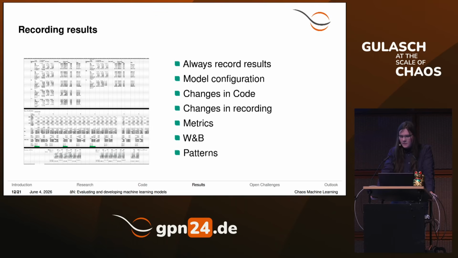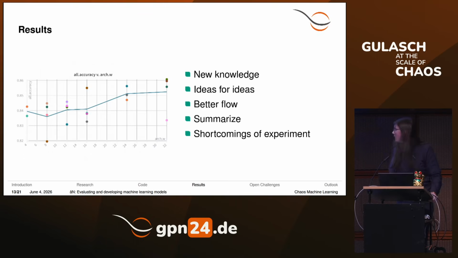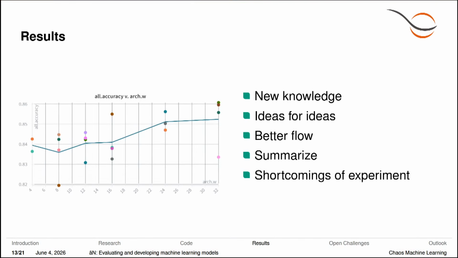When you record data, and for example use weights and biases or some other method of data aggregation, you can and you will see patterns, and those patterns will enhance your knowledge. For example, here you see accuracy versus W, which is in this case width, and you can see that a slight pattern emerges here. It's not as clear yet, because there are other hyperparameters also being changed in this scenario. But